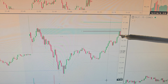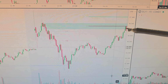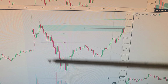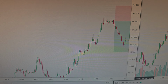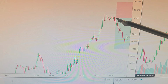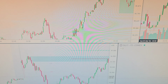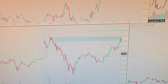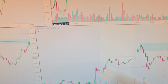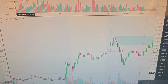Well, then, last night before I went to bed, I looked at this symmetry and looked at this choch, and so I went to the 15-second, and I tried to put this green and pink box here, and we did not hit, and we had this, which is this. So from a higher time frame macro perspective, we can interpret the choch here as sellers in control, and if we want to go with that idea, then we're